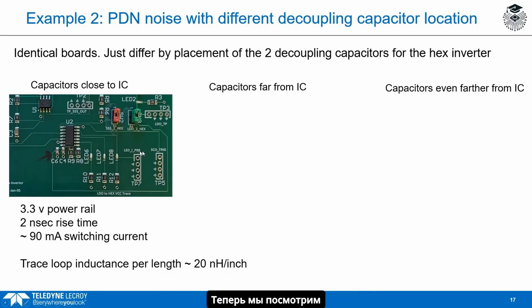And now we're going to look at the quiet low so we get an idea of the ground bounce, and we're going to look at the quiet high so we get an idea of the VSS rail on the die and how it is changing relative to the board ground. Now in these boards, we have a continuous solid ground plane, so we're going to reduce the ground bounce voltage. There's still going to be ground bounce voltage because it's a lead frame package, but it'll be dramatically reduced if we didn't have this ground plane. So we're going to measure that voltage on the quiet high, on the quiet low, take the difference,